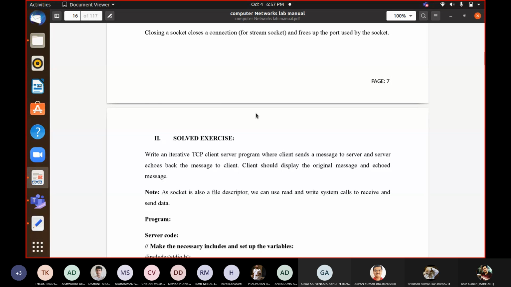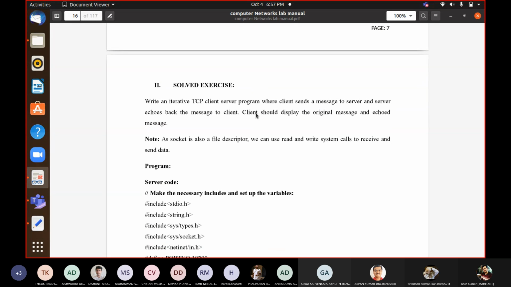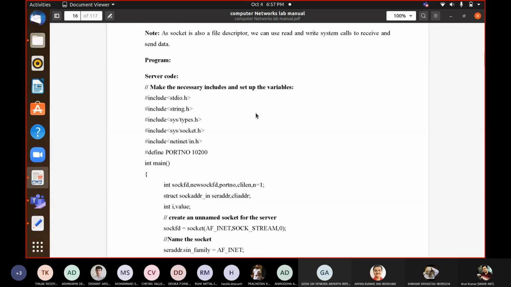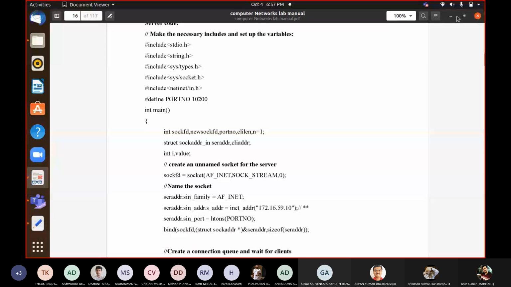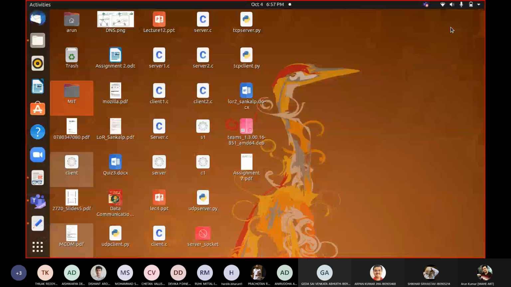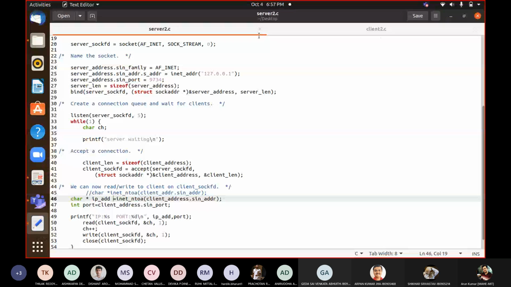Now we will go to our solved example. Instead of an example, I will show you the program, the server program and the client program, which are quite simple. The client will send something: whatever you type, the client sends it to the server.